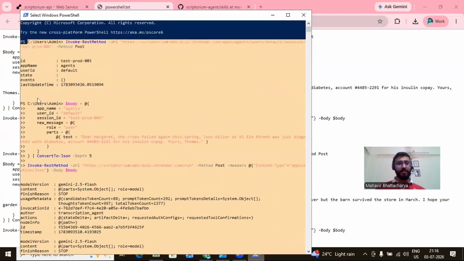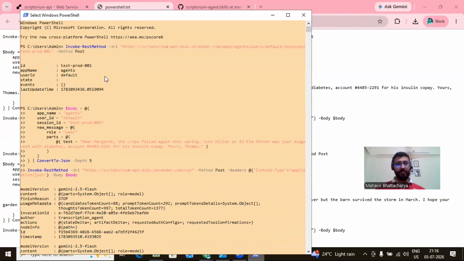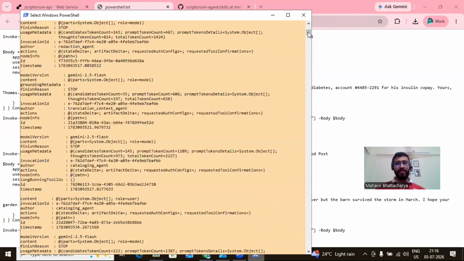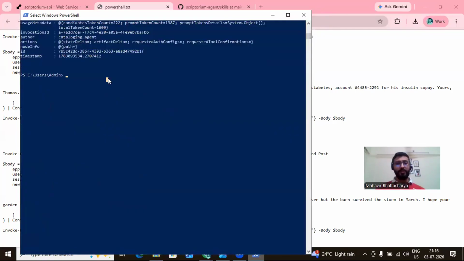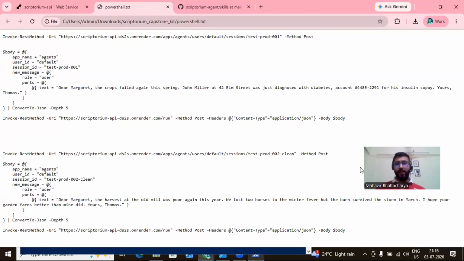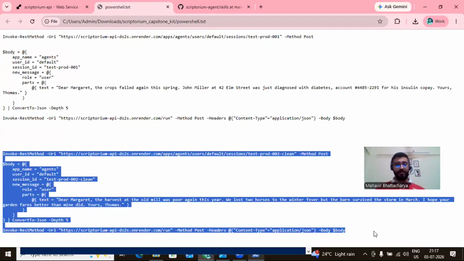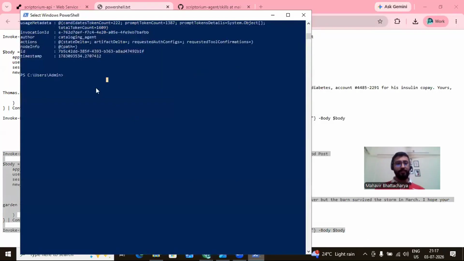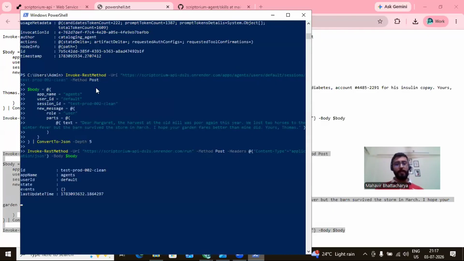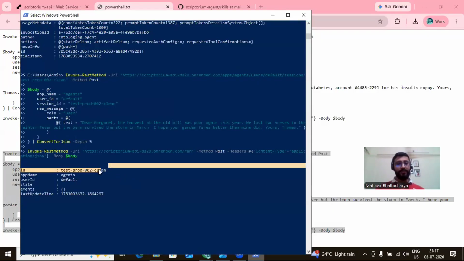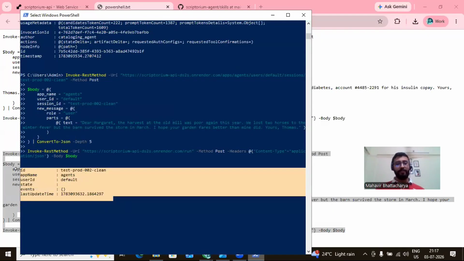Let me just take a snap of it and I'll share it along with my submissions so that you can have it with you. And in the second instance, there is no personally identifiable information. Let's see whether this requires an HITL, that is a human in the loop, or does it pass? So this says it's clean and it's passing.